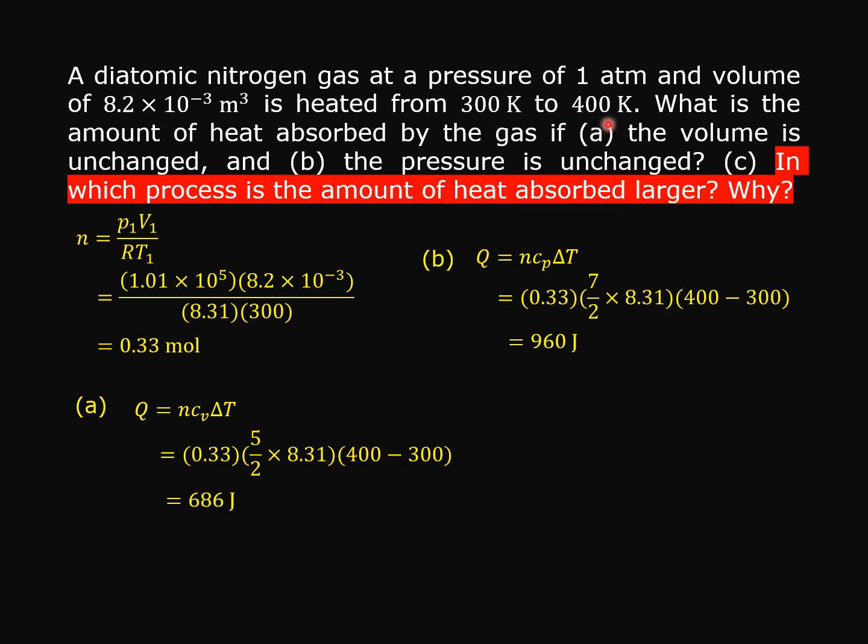That means 400 Kelvin minus 300 Kelvin gives delta T of 100 Kelvin. So for these two cases, the heat required to increase the temperature by 100 Kelvin is the same. But